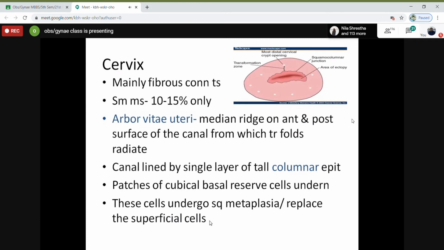Because the cells of the cervix are shed, we have something known as the pap smear. Have you heard of the pap smear? That is a smear we take from the cervix to rule out cervical cancers. We study the cells that are shed from the cervix, to see what kind of cells are there in the cervix and rule out malignancies. So that is to rule out a pre-malignant condition basically.